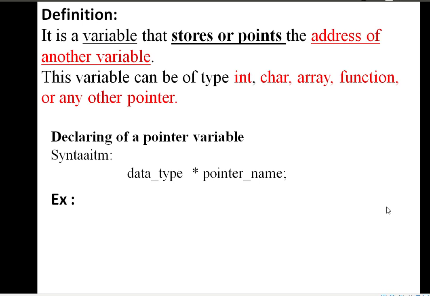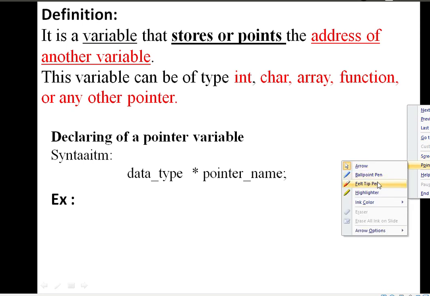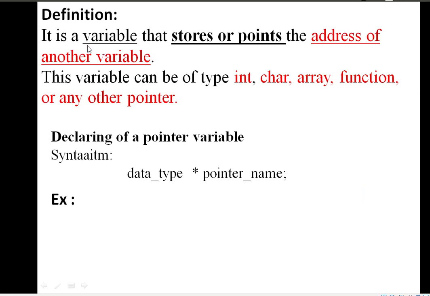Here in our terminology, it is a variable that stores or points to the address of another variable, pointing to another variable, or storing the address of another variable. And this variable may be int, char, array, function, or any other pointer.